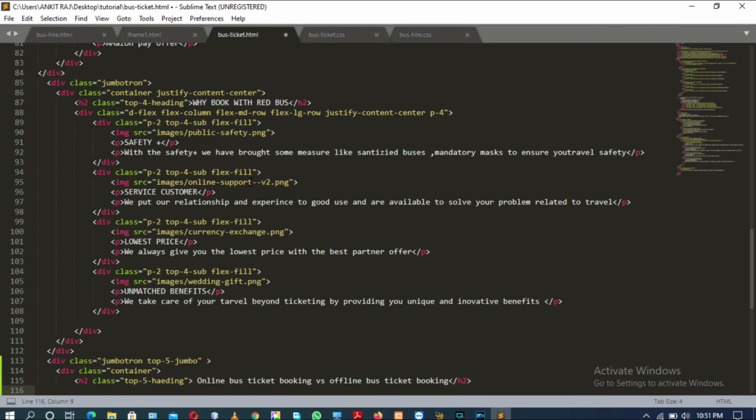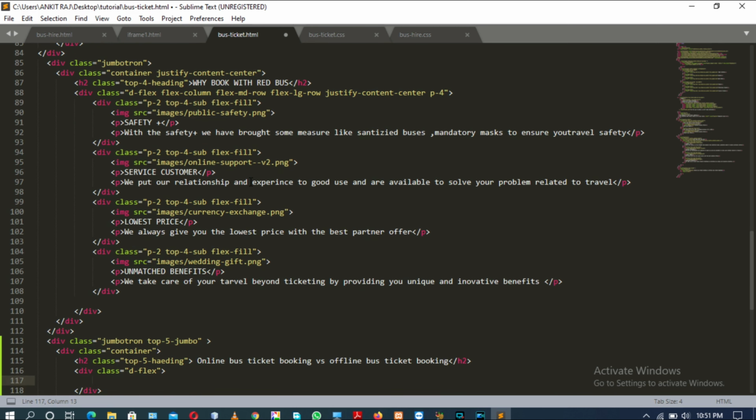Okay, now moving to next tag, there will be another div tag with the attribute called class having the value d-flex as a Bootstrap class. Inside that div tag there will be another div tag with the attribute called class having the values p2 and top 5 left.